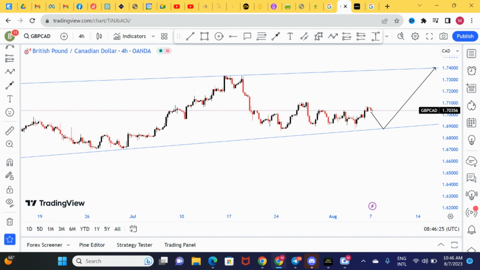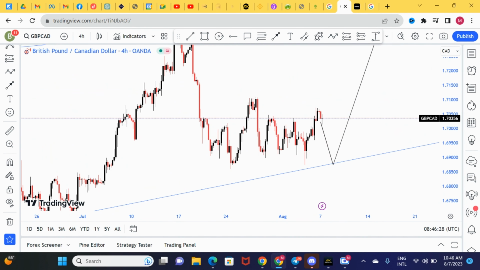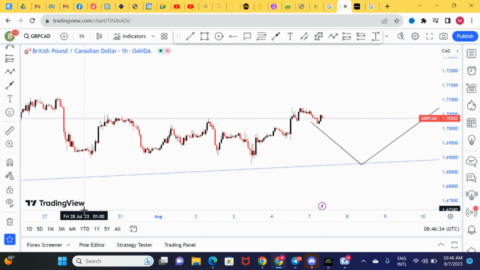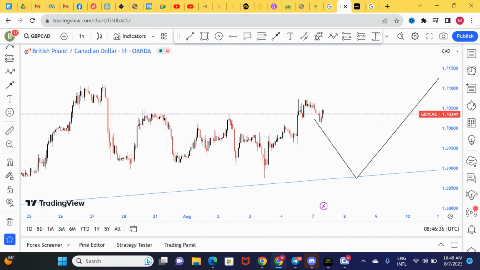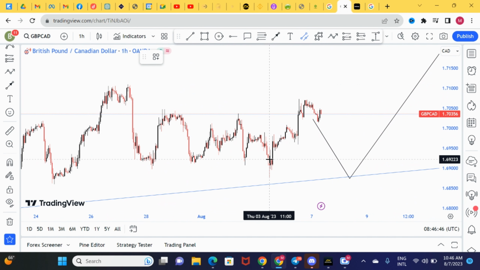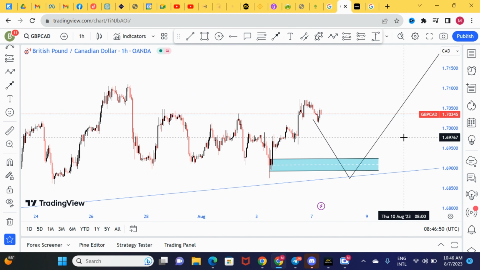But who knows, maybe it won't reach that far. So what we're going to do is, now we're going to look at it from a different perspective, of course, but ensuring that everything is in check. All right. Well, if it were to come to this level, I'll be glad to take a trade. I'll be glad to take a trade in this level, right?